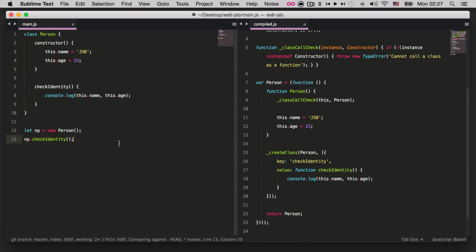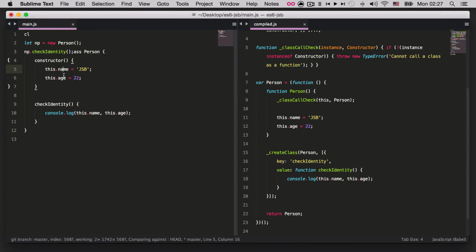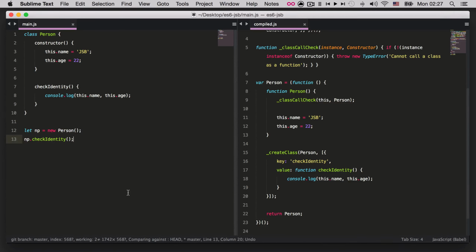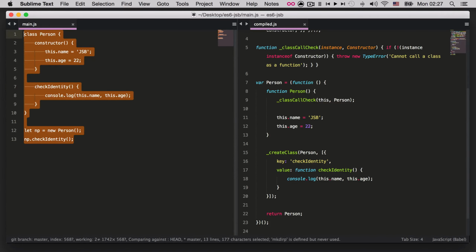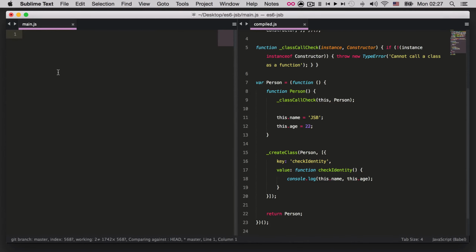Okay, before we end this video, I really need to mention some very important things, and they're related to hoisting. When you declare a class, classes are not hoisted to the top of the file. That means you cannot execute or invoke a class before you declare it, just as you can with a function. For example, if we say something like fn,